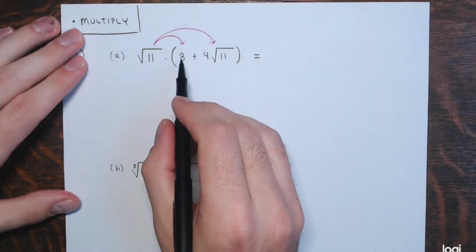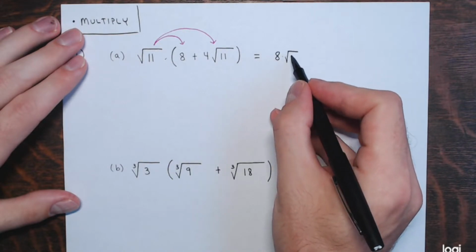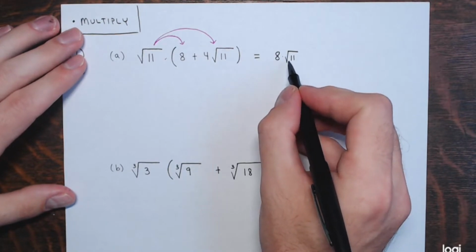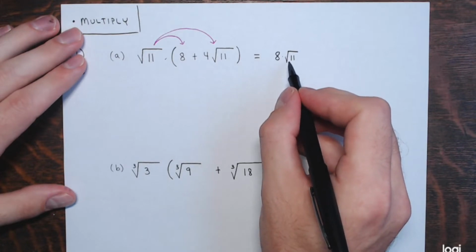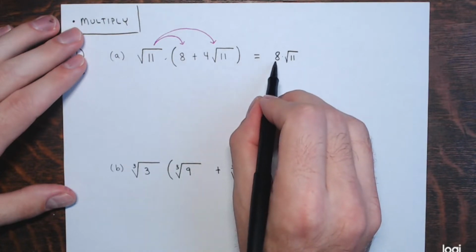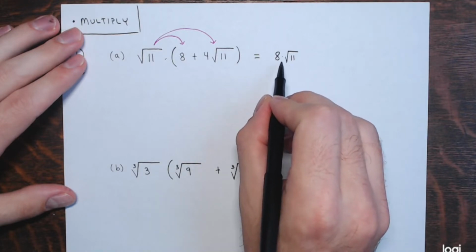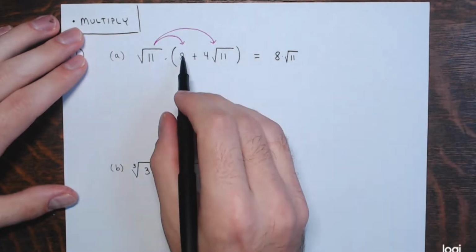So we have 8 times the square root of 11, or the square root of 11 times 8 if you wish. Now these can't be multiplied together. What I mean by that is, don't turn this into the square root of 88. 8 is not a radical. The square root of 11 is a radical. You cannot put those together. The only things you can multiply together are radicals with radicals and non-radicals with non-radicals. So we have 8 times the square root of 11